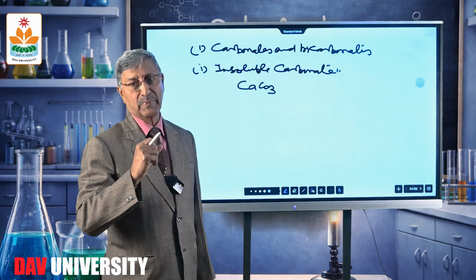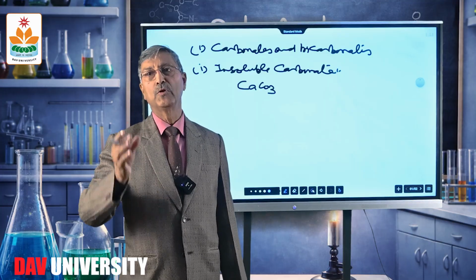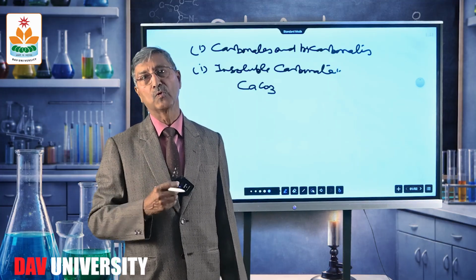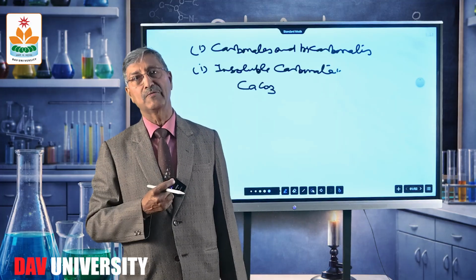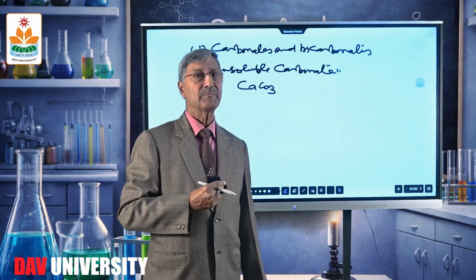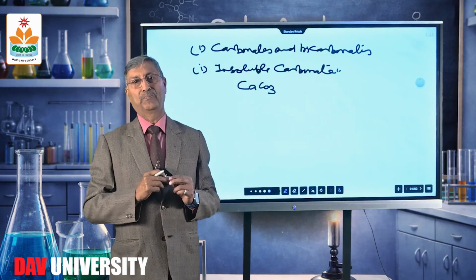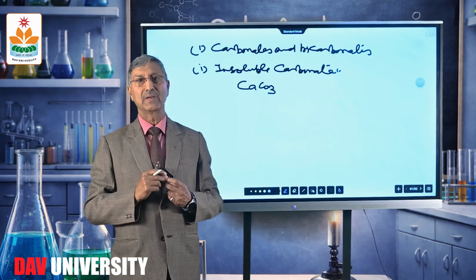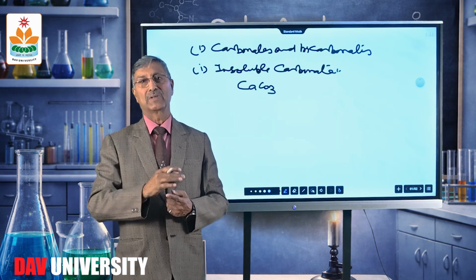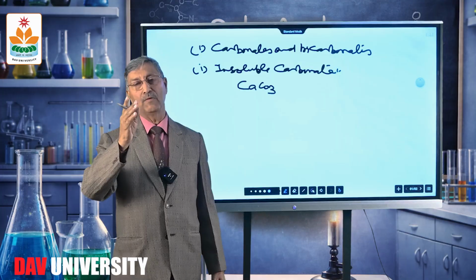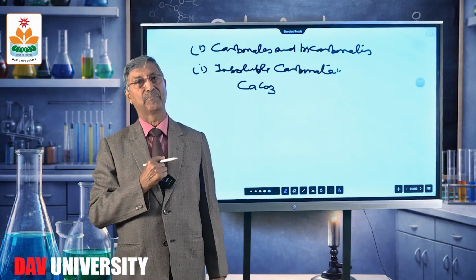Now, since our preliminary test has indicated carbonate, because of evolution of carbon dioxide gas with dilute H2SO4, naturally carbonate is present, but whether it is soluble or insoluble, that we'll have to see. So how can we check? We add a few drops of dilute H2SO4 to the residue, because if carbonate is insoluble, it must be present in the residue. So in case of insoluble carbonates, the carbon dioxide gas will be evolved from the residue. That will confirm that insoluble carbonate is there.